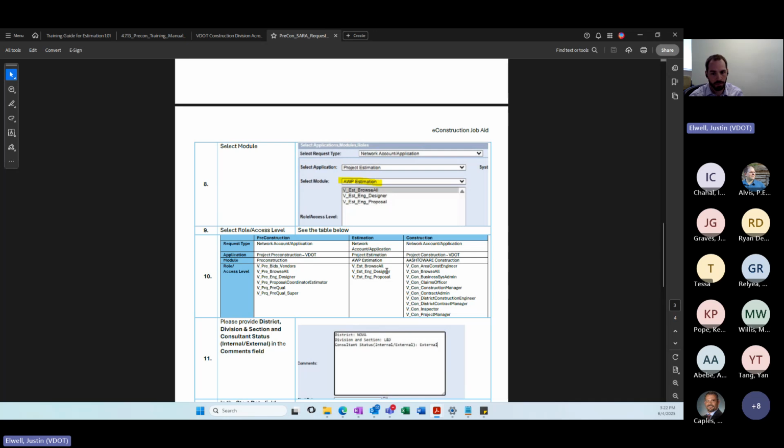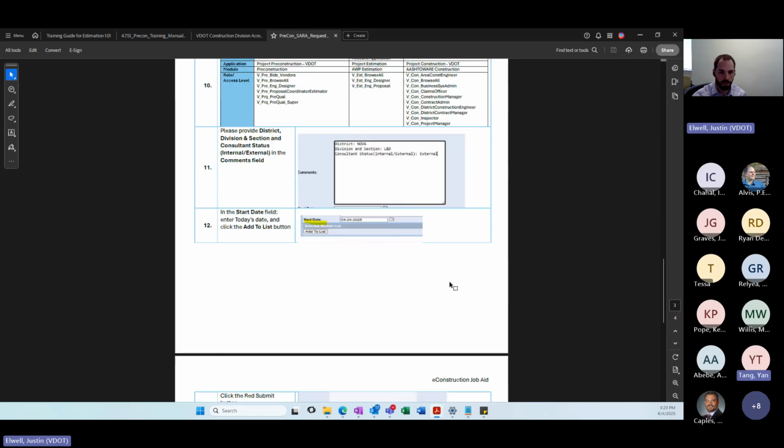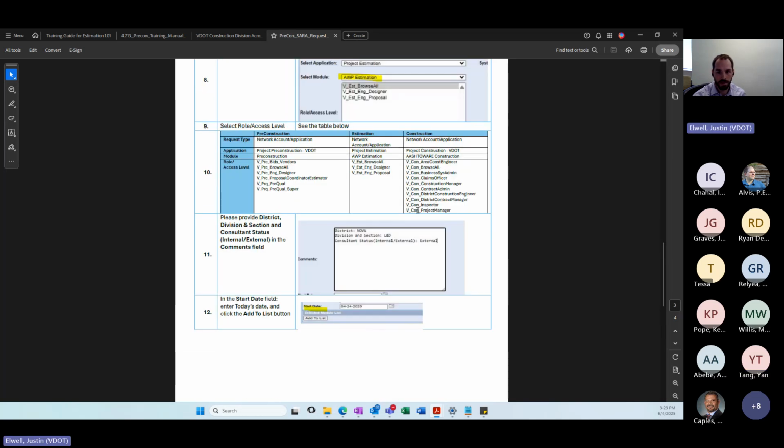For everyone on this call, you probably want to request the VEst Engineer Designer role. That is the designer for everyone role. In one-off cases, it might require something else, which we can talk through if you believe that doesn't apply to you.